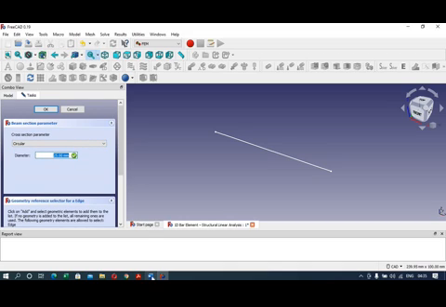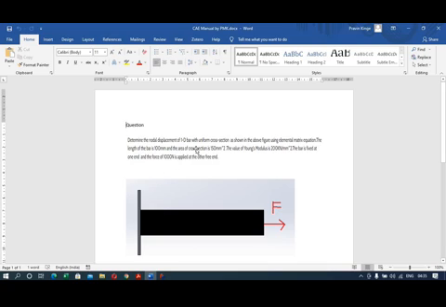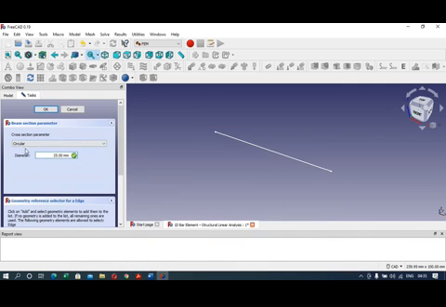So in our problem statement, the cross sectional area is 150 mm square. So with reference to that, the radius comes out to be this 6.91. So obviously the diameter is going to be 13.82 mm. So with the diameter 13.82 mm, you will get the cross sectional area 150 mm square. So click on OK.